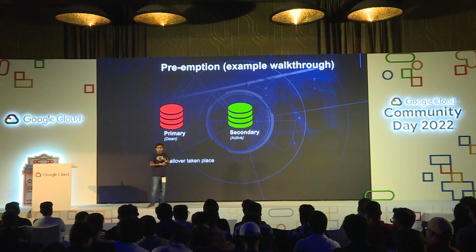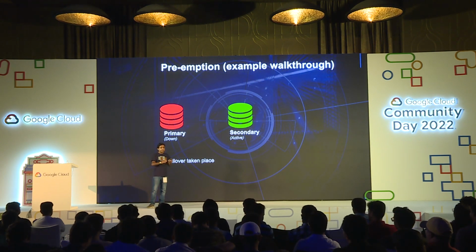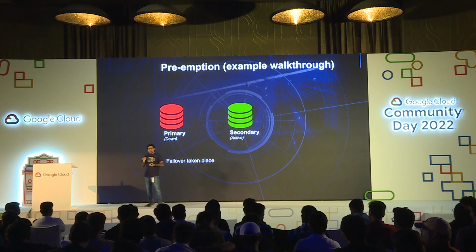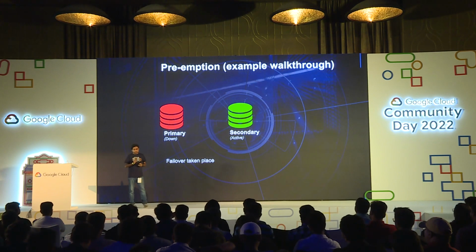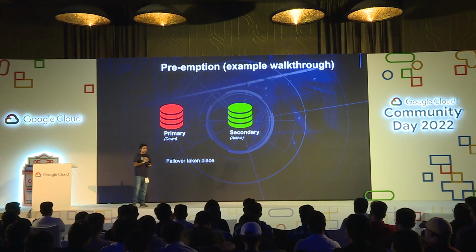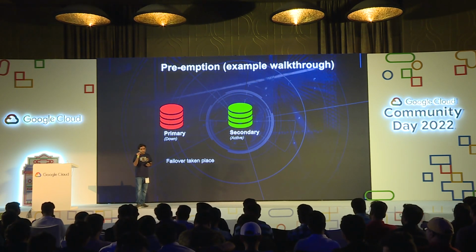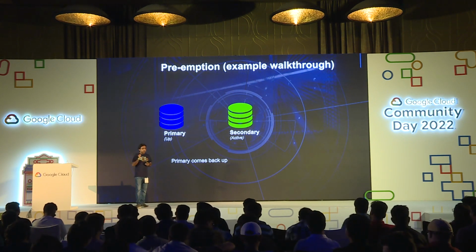It could be a network failure, it could be a service failure, it could be a process failure, it could be any of the other packages that is not reachable. So now your secondary is now active. Now, if preemption is enabled, so this is the concept in HA. If you have enabled preemption, what would happen is